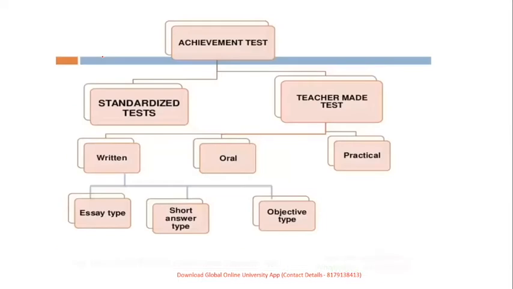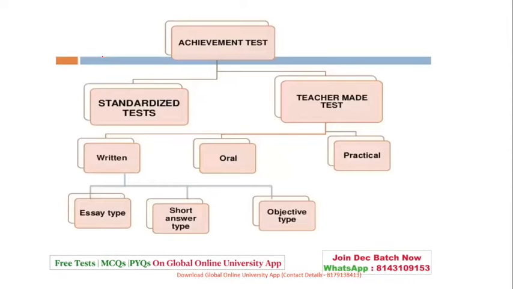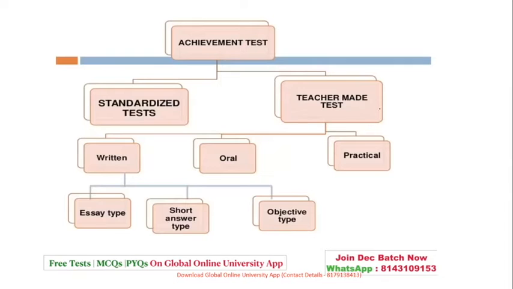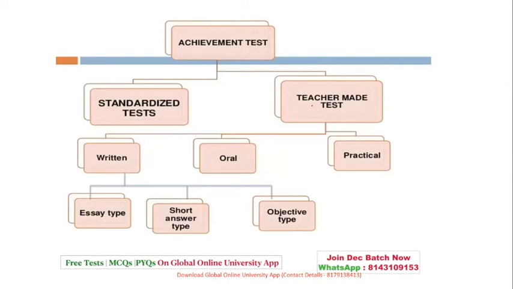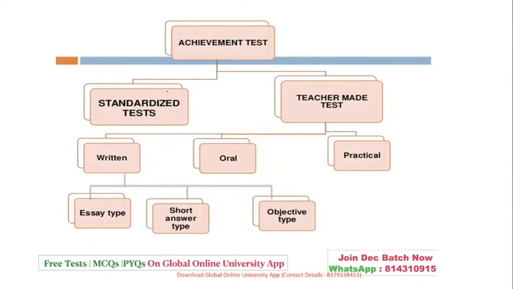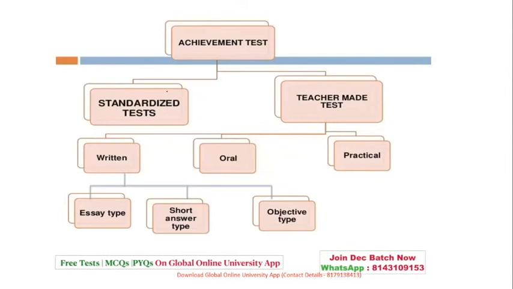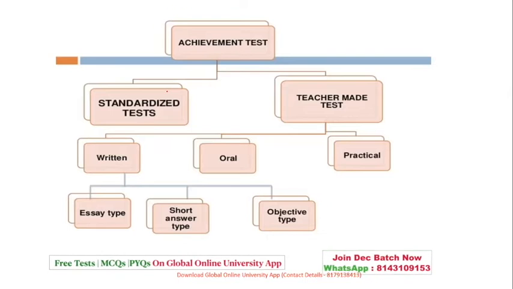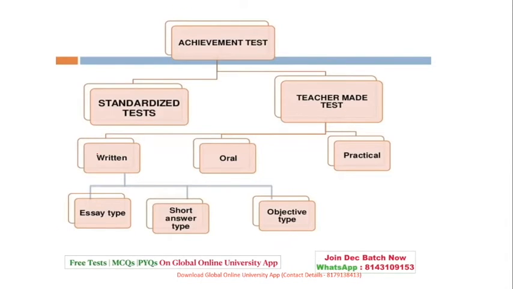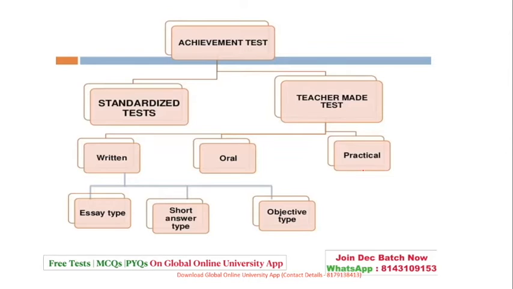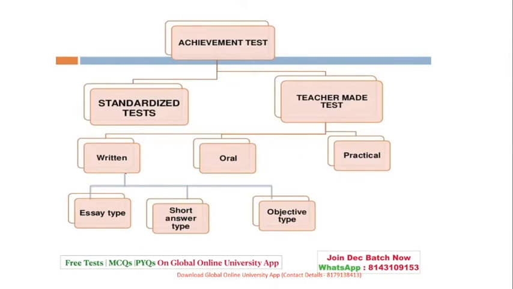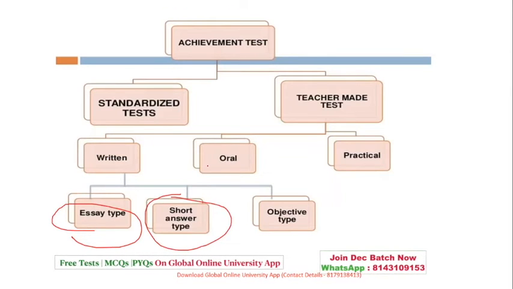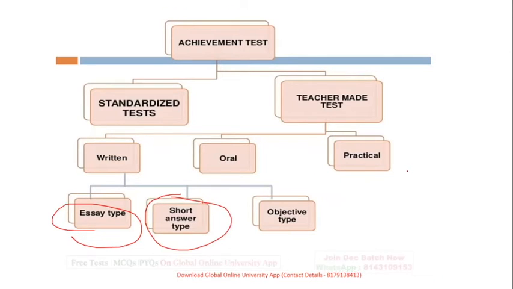Okay. Then you have a topic called achievement test. Achievement test is basically divided into two, that is standardized and teacher made. A standardized test is a format or standard followed from one institute to another. Basically, your topic is teacher made, where an oral, written or practical examination happens. When it is written, it is based on essay type, short answers, or objective type. Oral, you know what it is, and practical also means the demo.